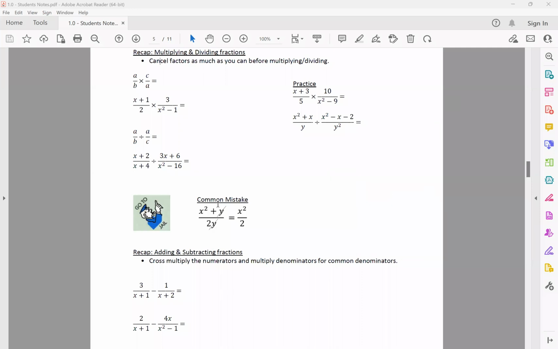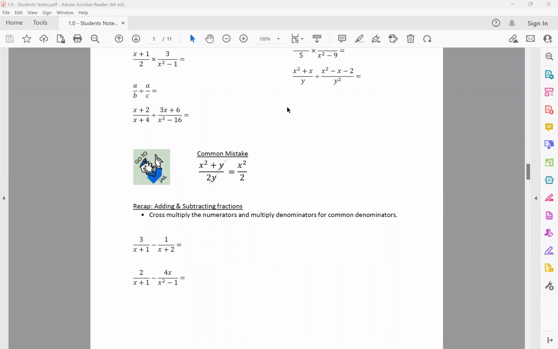Right, so you will be going to maths jail if you do this. Next,